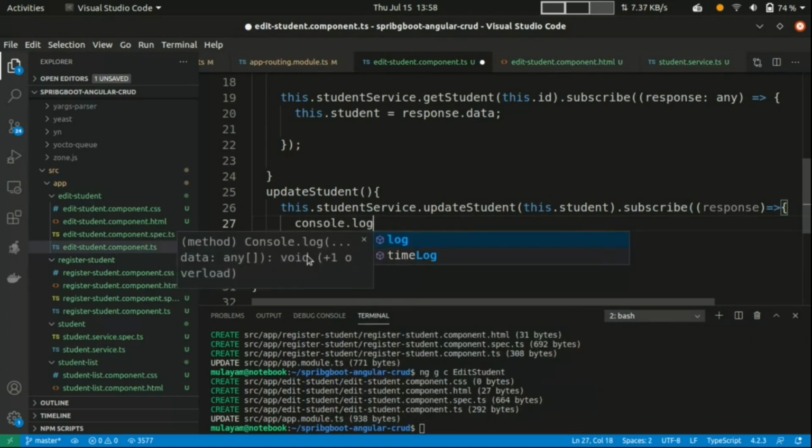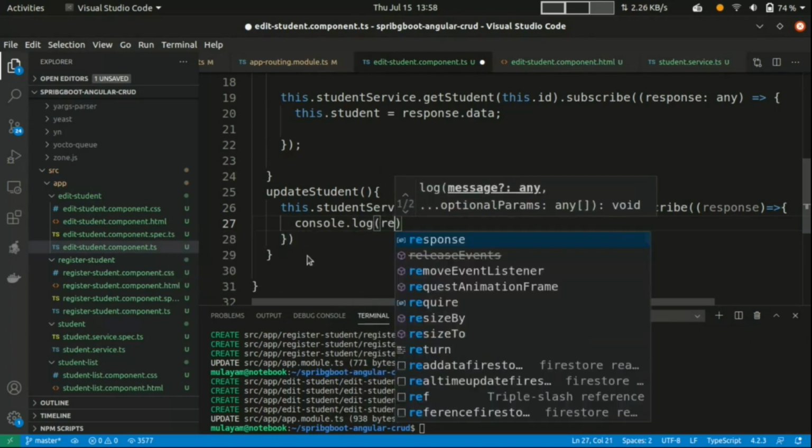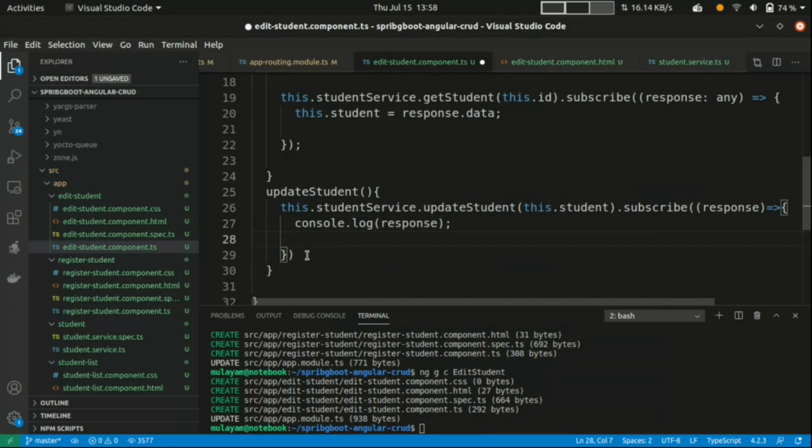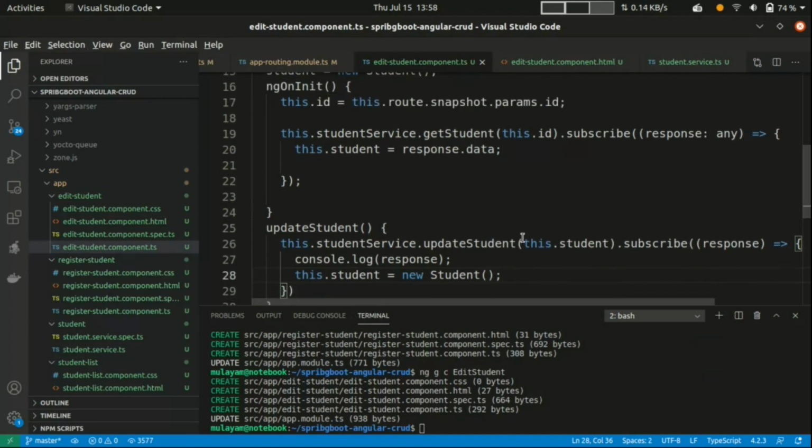Just print console.log response, and I want to clear the fields, student dot new student, and we can add a successful message or close alert here. That's it.